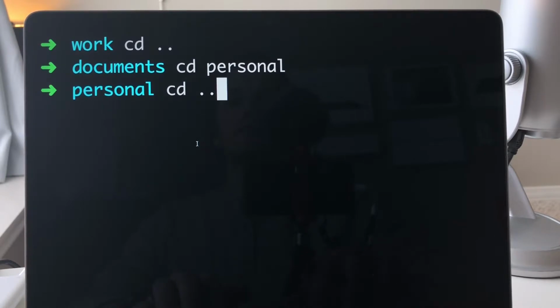And if I go back, combine those 2 commands together,